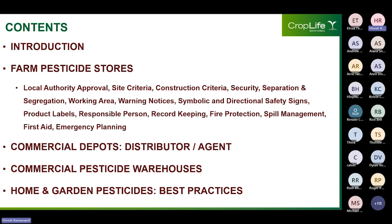Okay, so in terms of the content, everyone, the webinar will start with a brief introduction. The focus will then shift to farm pesticide stores. Under this section, local authority approval, site criteria, construction criteria, security, separation and segregation, working area, warning notices, symbolic and directional safety signs, product labels, the responsible person, record keeping, fire protection, spill management, first aid, and lastly, emergency planning